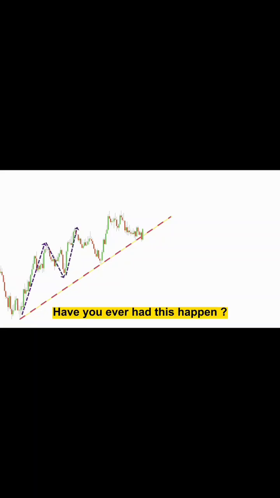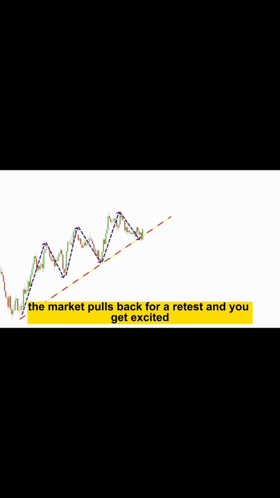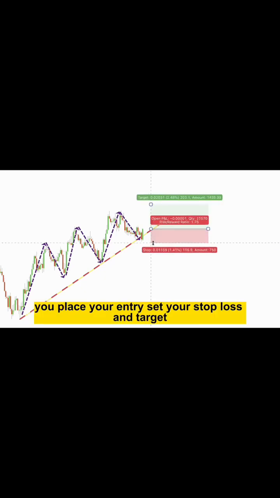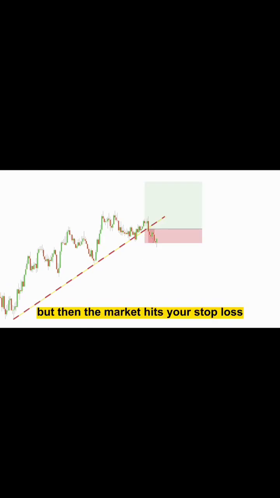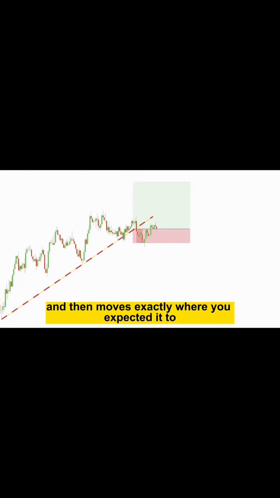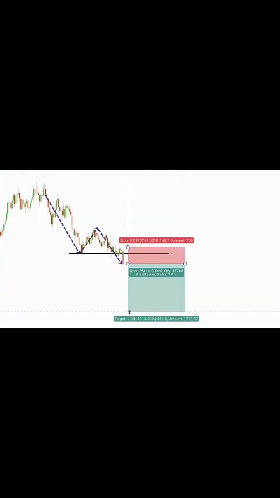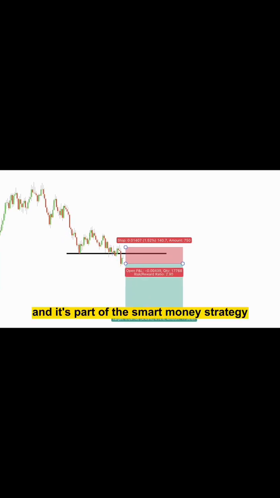Have you ever had this happen? You spot the perfect upward trend line, the market pulls back for a retest, and you get excited. You place your entry, set your stop loss, and target. But then, the market hits your stop loss and then moves exactly where you expected it to. Frustrating, right? Well, what you just experienced is called a liquidity grab, and it's part of the smart money strategy